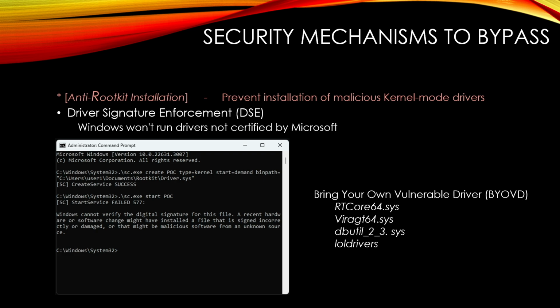As you can see on the screen, if you try to drop your sys file into the system and load it, you'll get an error saying the signature is invalid. That's DSE doing its job. But there are ways around it. And one of them is the technique called bring your own vulnerable driver. The idea is, instead of loading your malicious driver directly, you first load a legitimate signed driver with a known vulnerability. And once that vulnerable driver is running, you exploit it to execute arbitrary code in kernel space and load